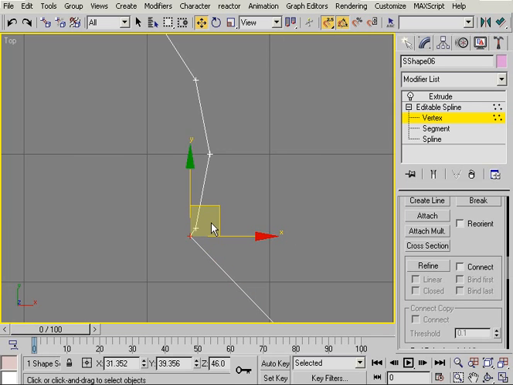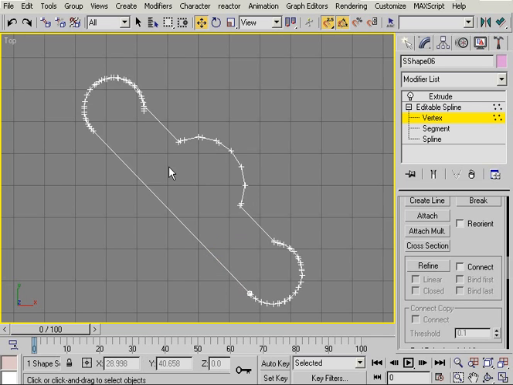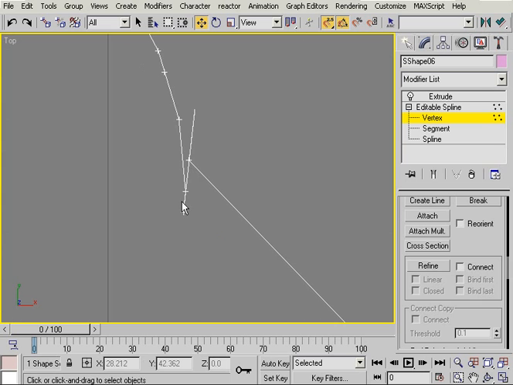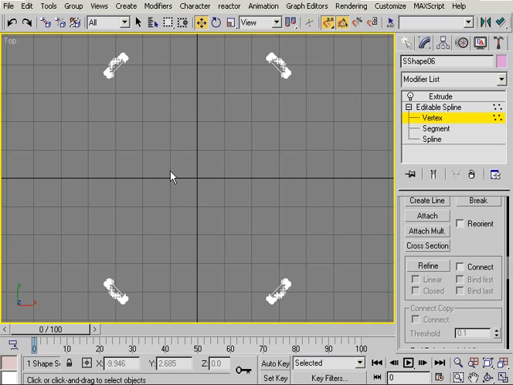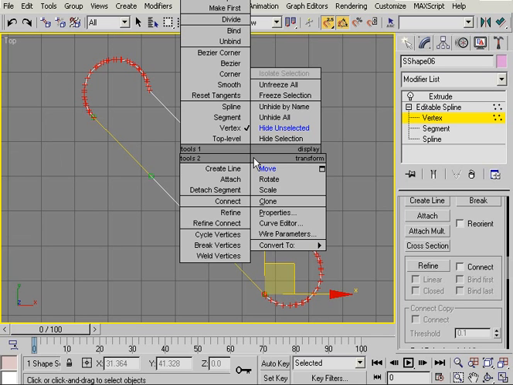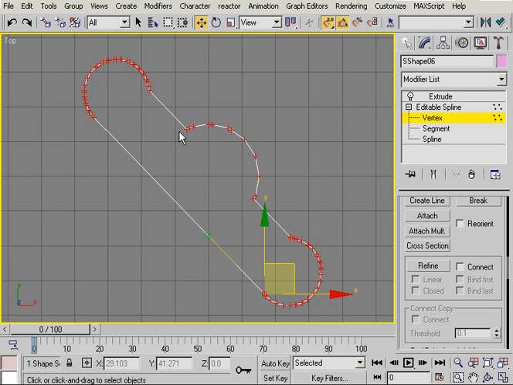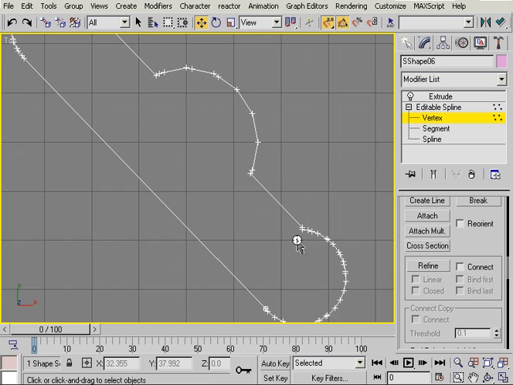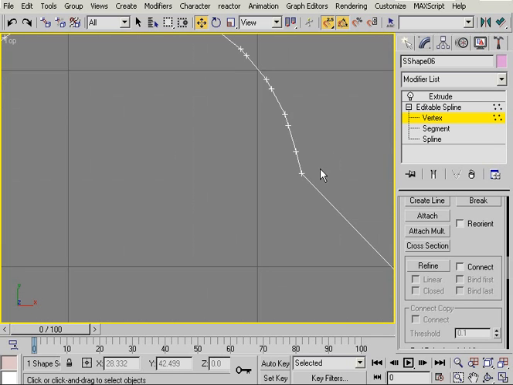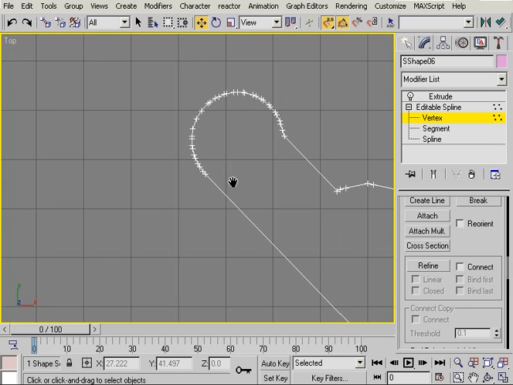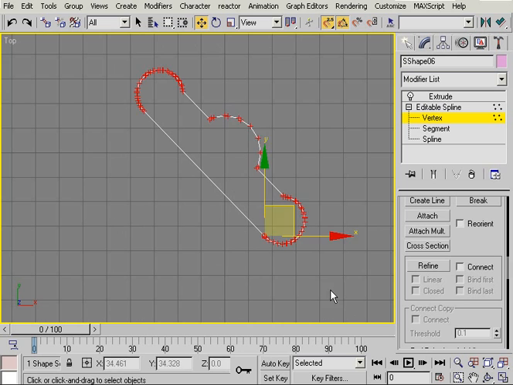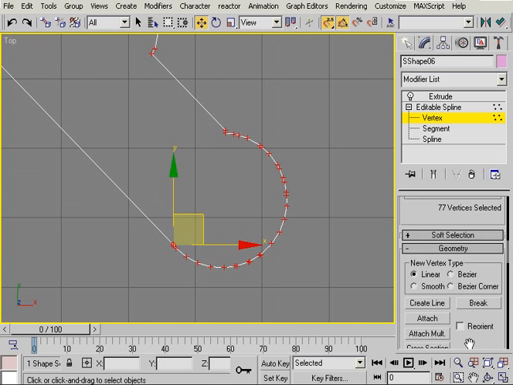Okay, so I'm just gonna repeat the duplication process with this properly fixed here. So I'll make sure that all of them are fixed. Okay, so these go to corner. Okay, I'm gonna select all of the vertices and make them corner actually. Okay, so let's see if we have any more problems. I think everything's fine. Okay, I'm going to select all these vertices now, and I'm going to choose